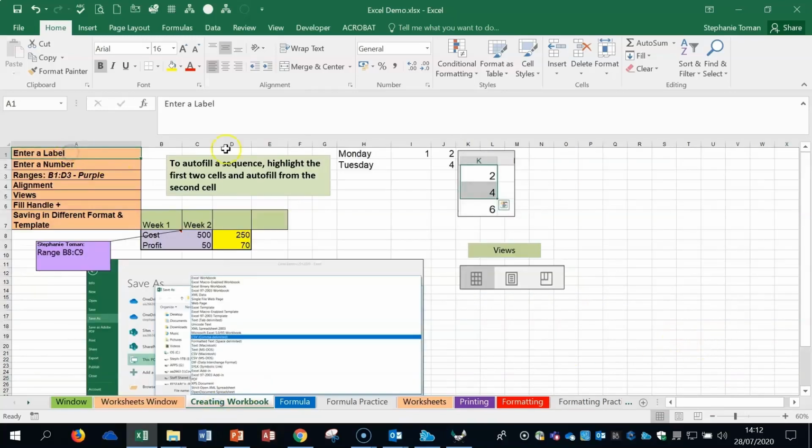Okay, you can see here entering labels, things like that. I'm not going to go doing that. It's pretty obvious. If you've got a label, it sits to the left. If you've got data, it sits to the right. And there's a common example there. However, what you can do with labels, if you do 2, as in on week 1, week 2,